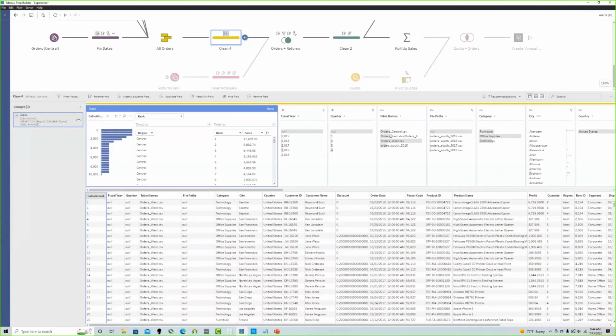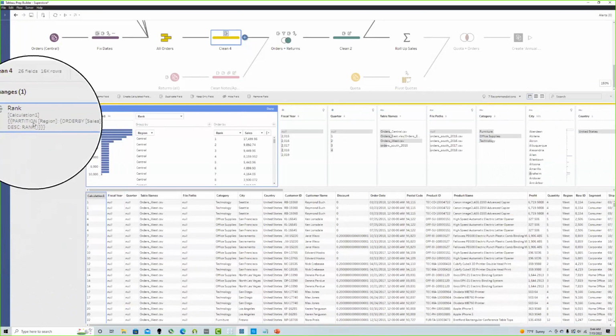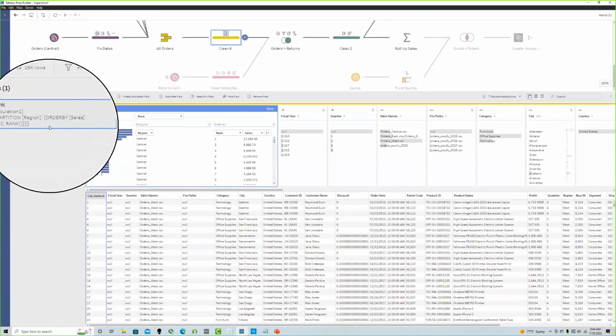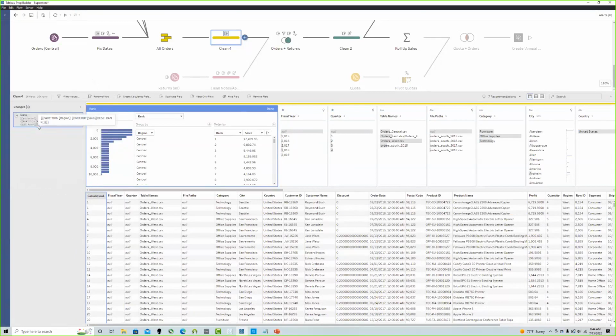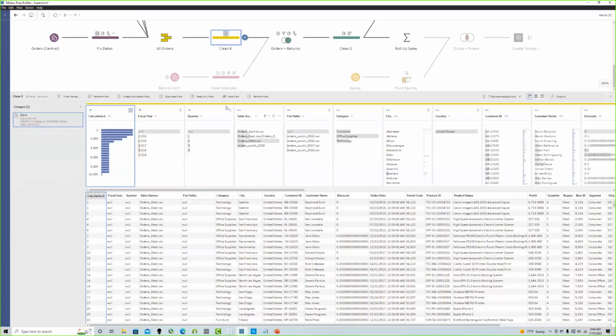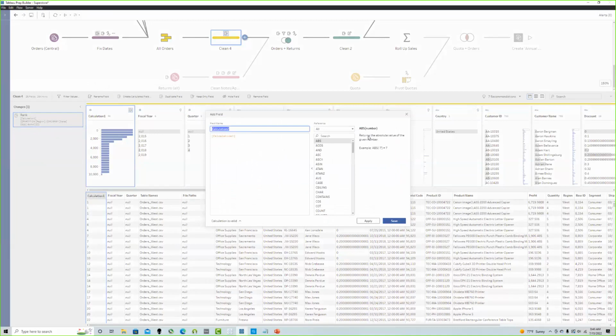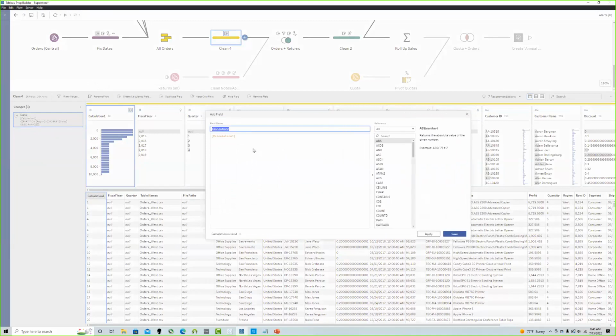If I try to edit it, it's going to bring up the visual editor again. But really what it's done here is it's creating a calculation utilizing partition and order by. And this is what you have to use whenever you're writing out any type of rank inside of Tableau Prep. If we wanted to create the same thing, I could create a calculation here and say